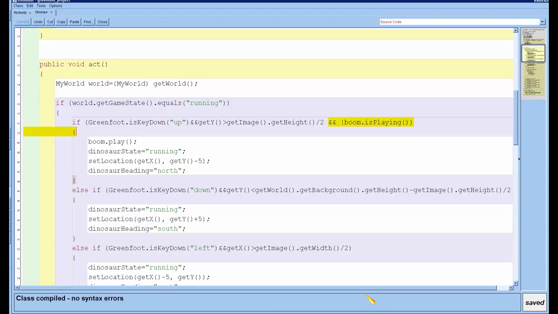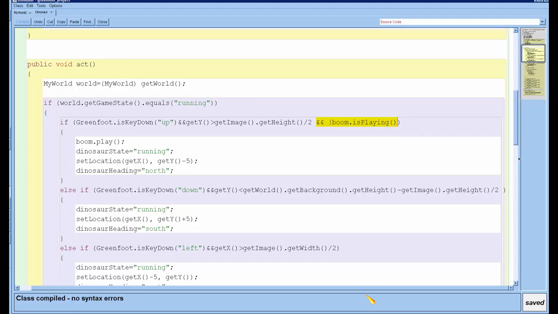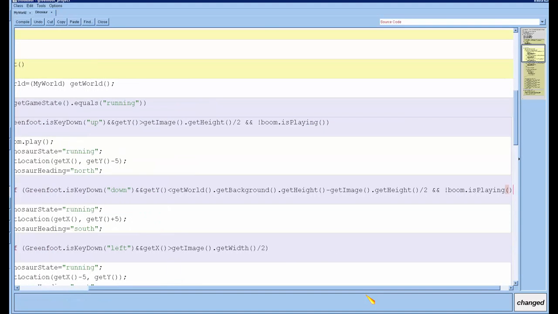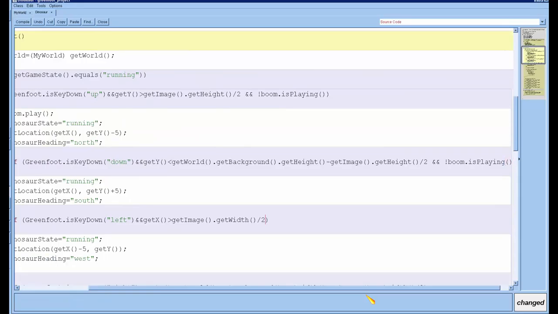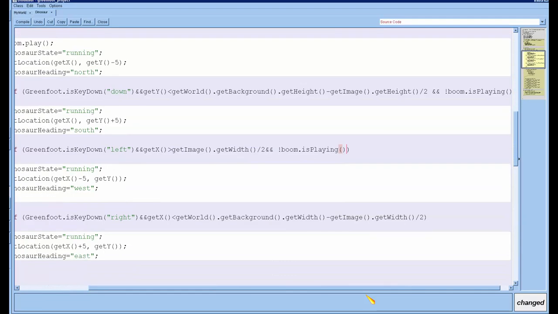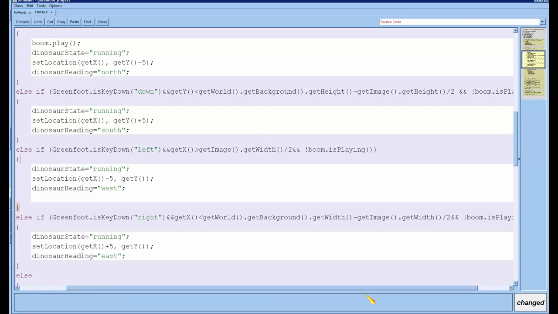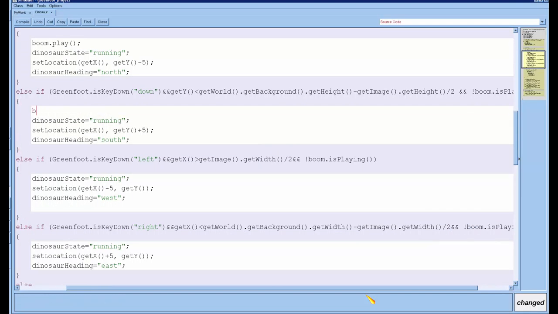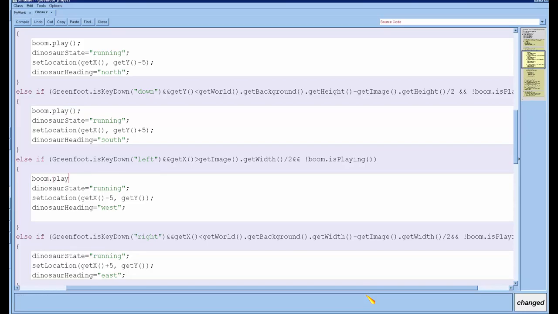I need to add this to all four key presses. So I need not boom is playing there, and one more. And then boom.play, boom.play, and boom.play.